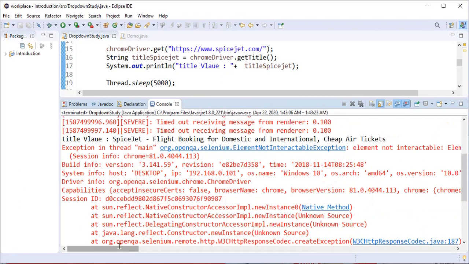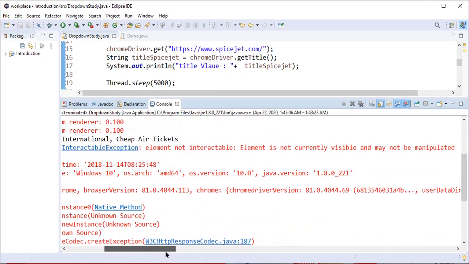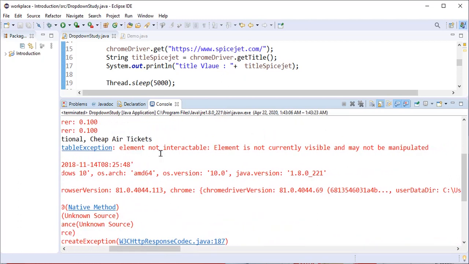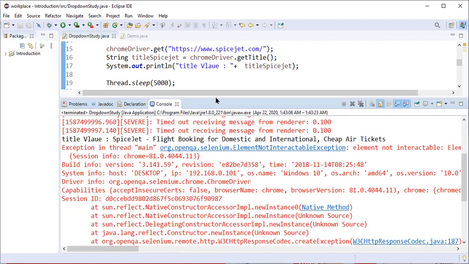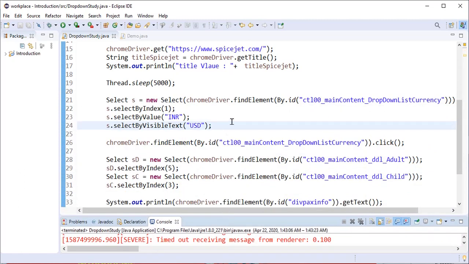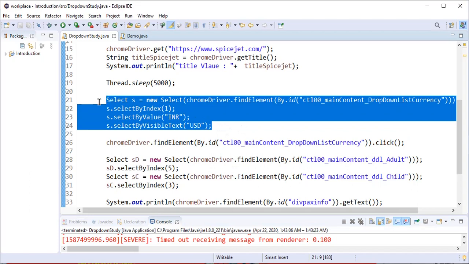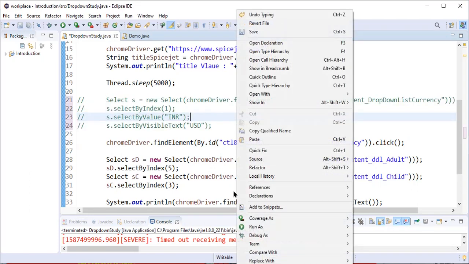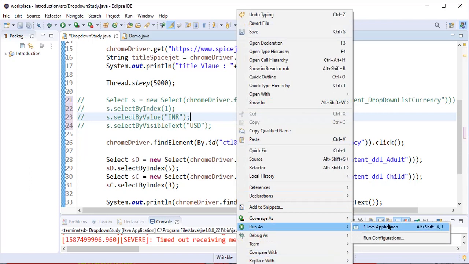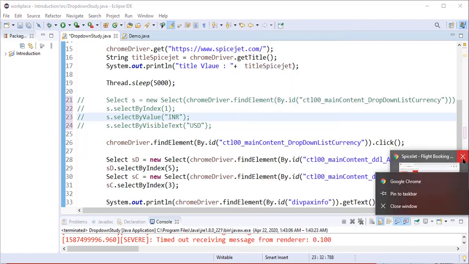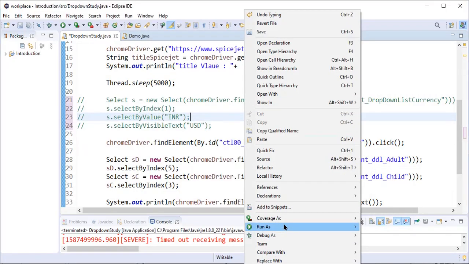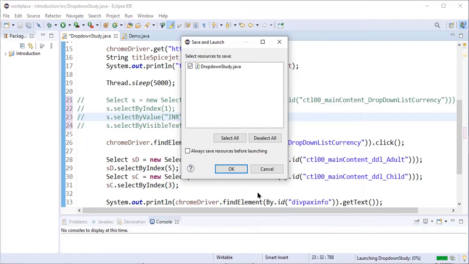So intentionally I have changed this one. What I will get is element not interactable, again the exception which came previously. So I will comment out this code, because we have already seen it, close the browser that was launched, and run this one again.